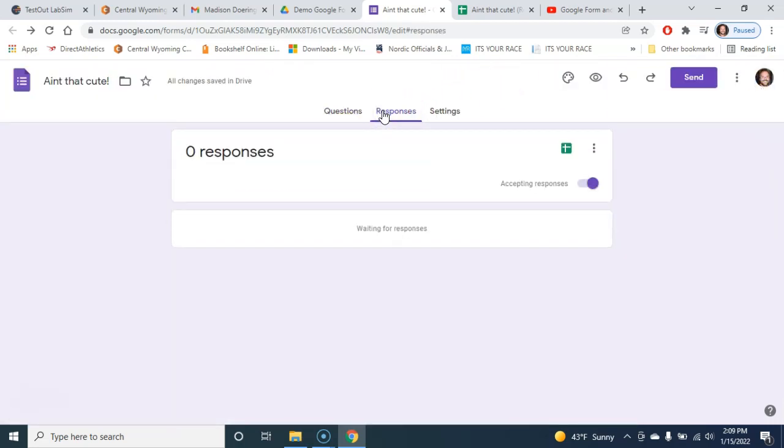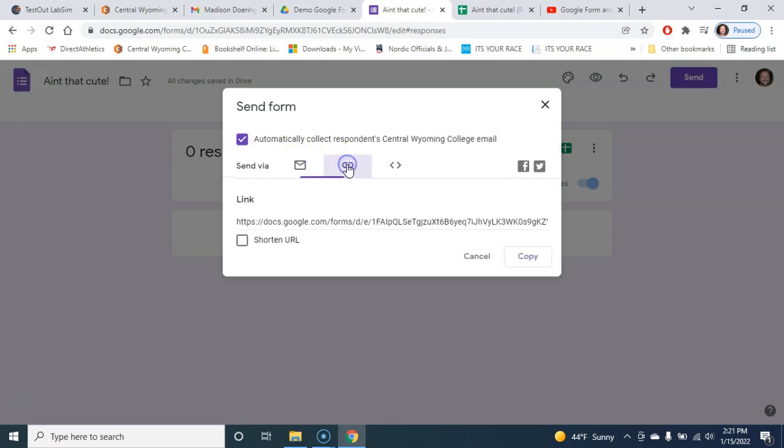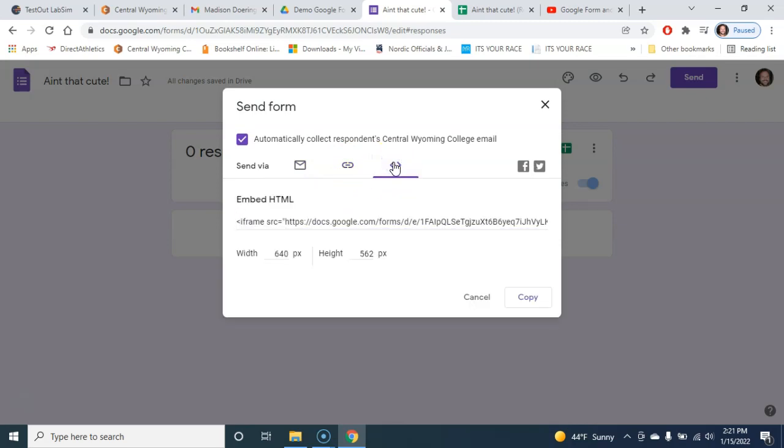And then the way that we distribute this is to choose the send button. If I click the send button, it allows me to do this multiple different ways. I can collect the folks' login information, so if they're CWC folks, you can get their CWC email address without them ever putting that in there. Then we can share this via email. We can copy the link for the form itself, or we can embed this within a web page,